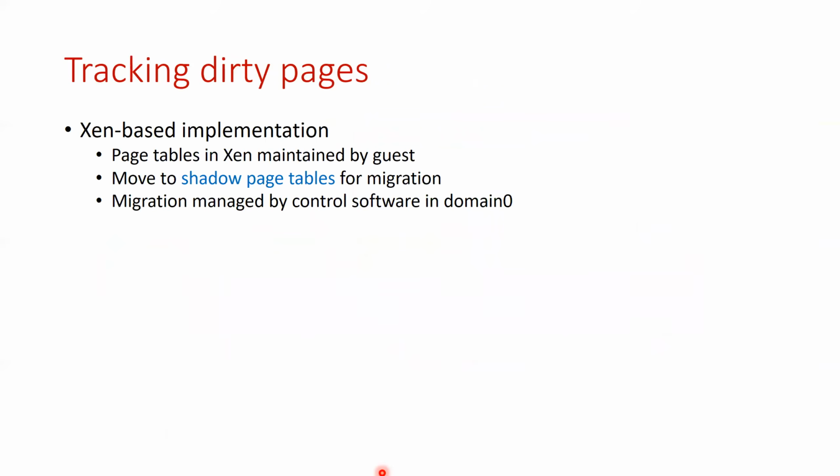So the next question comes up, how do you figure this out? How do you know what pages have been dirtied in the previous round and hence should be transferred in the next round of iterative pre-copy? How do you decide that? This paper itself is based on the Xen hypervisor, so their techniques are based on what Xen does for its memory management. Of course, a similar implementation can exist for other hypervisors as well. So in this paper, what they mention is as follows, right?